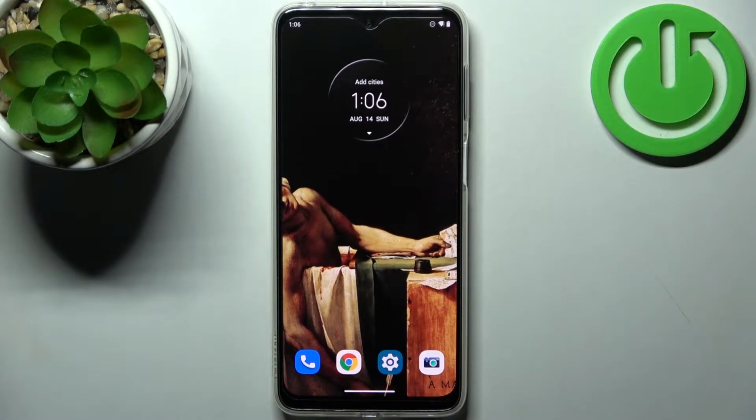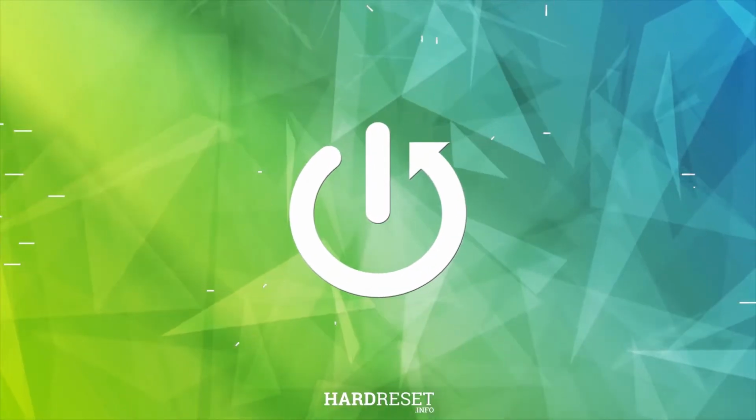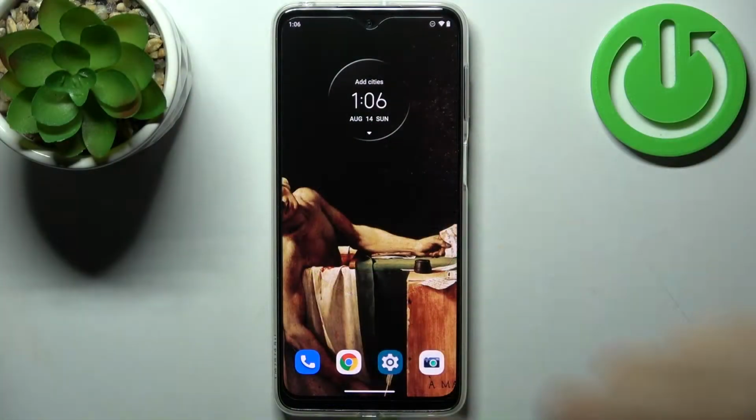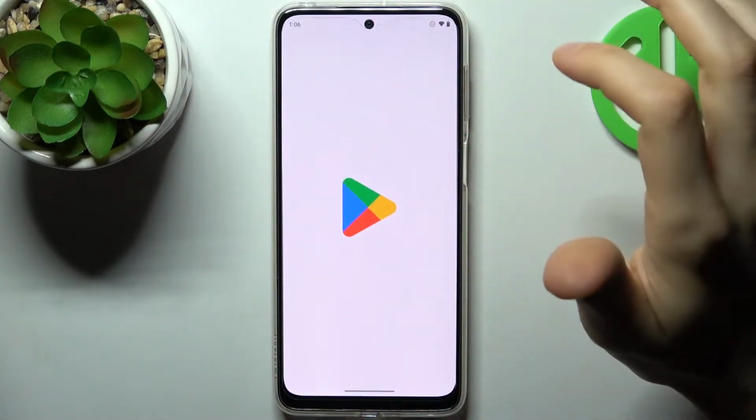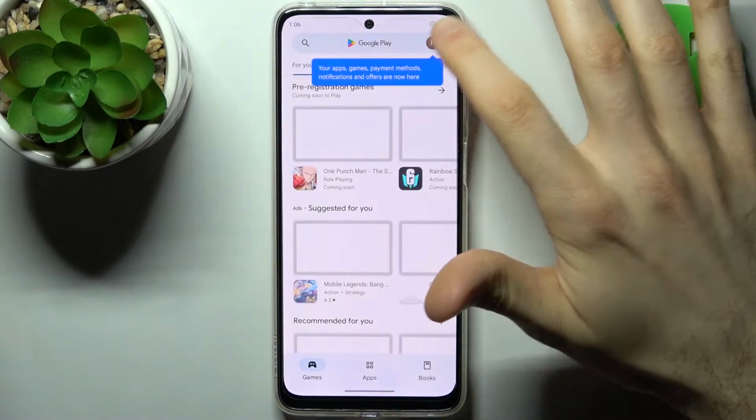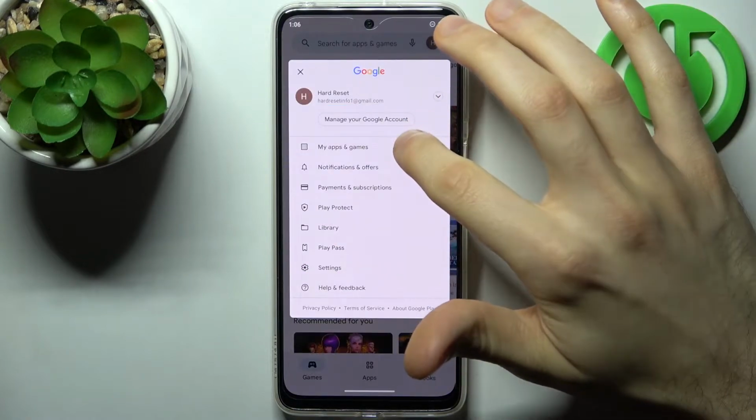Here I have Motorola Moto G42, and today I'm going to show you how to update apps on this device. So firstly you have to open Play Store, then you have to tap here, go to the My Apps and Games,